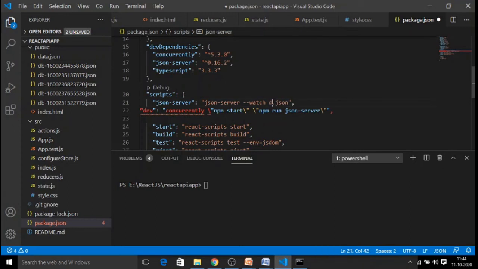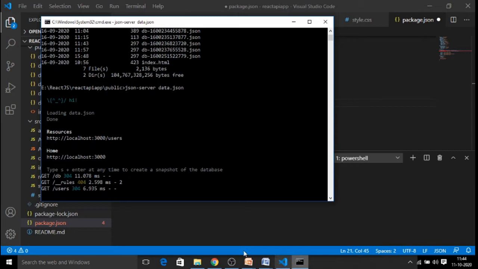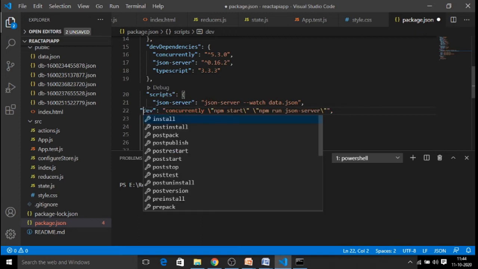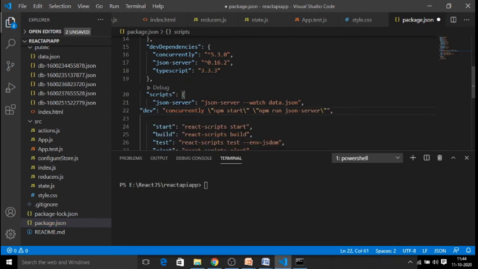You need to specify the file name you have to run with, and the other thing is you are going to run with start concurrently and JSON server concurrently. So you need to give these 2 entries for your application. Once this is done, save your package.json.